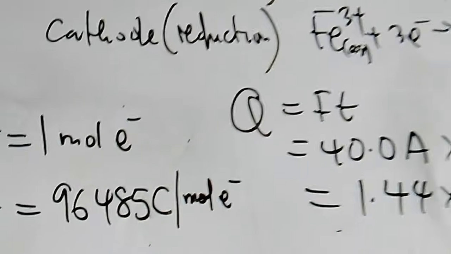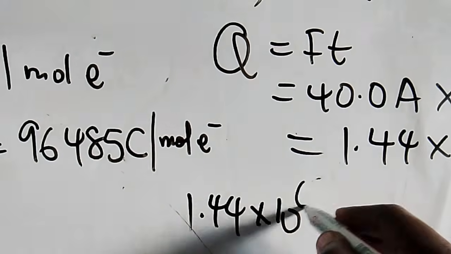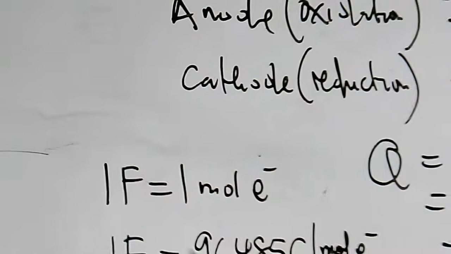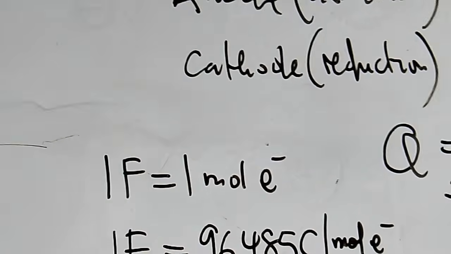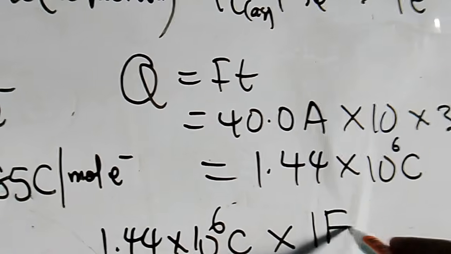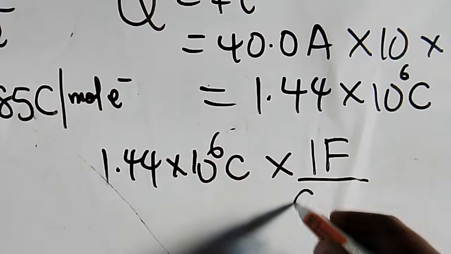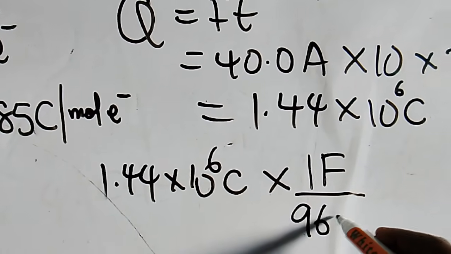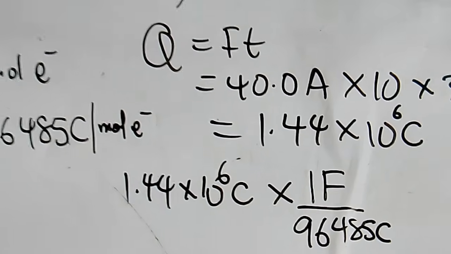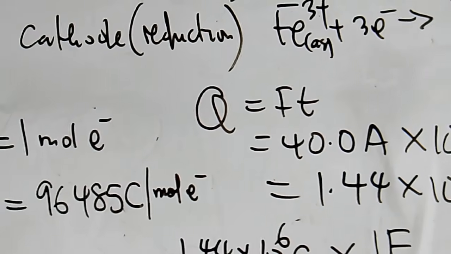Okay, so 1.44 times 10 to the power 6 coulombs times 1 Faraday, which is coming from here. Then it is over the Faraday constant, 96,485 coulombs. So this one is now giving us